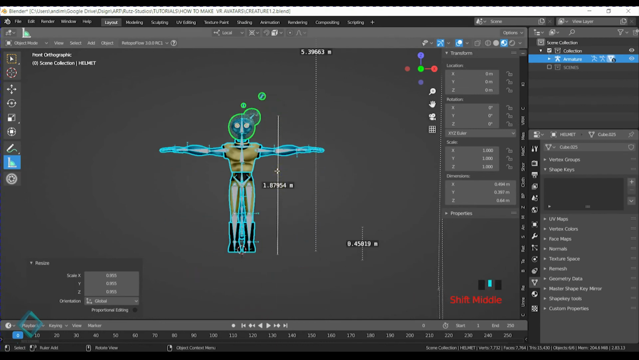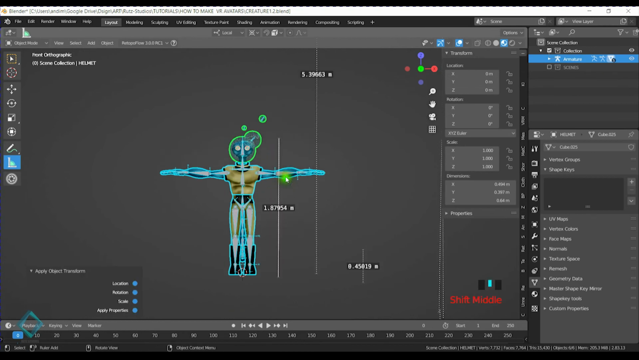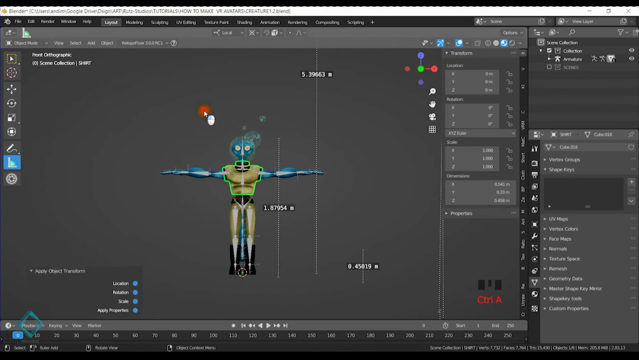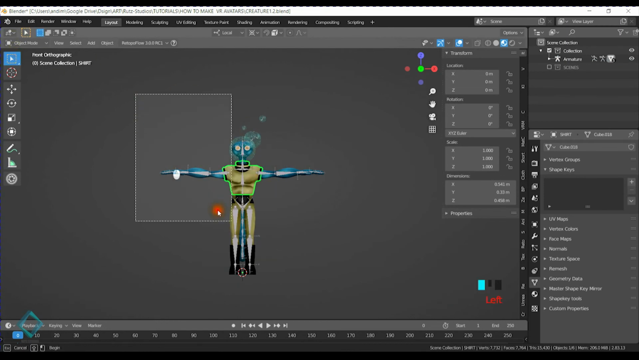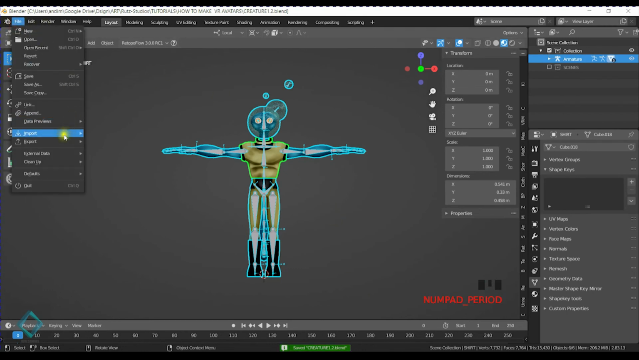Should be good at this point. Now let's do the same thing. Scale all, and everything should be fine. Okay, I'm gonna save it. Now I'm gonna export,